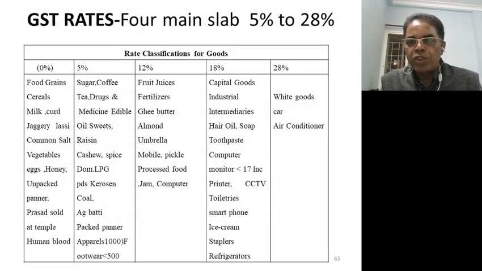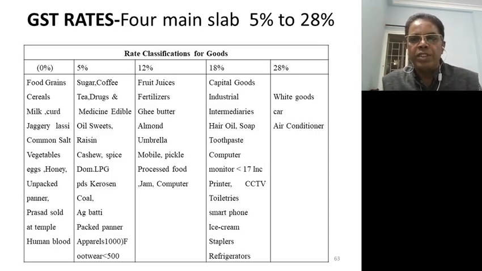Then what goods come under 5%, 12%, 18% and 28%? Items classified as 0% tax are food grains, milk, curd, vegetables, eggs, etc. 5% covers sugar, coffee, drugs, medical items, edible oil, etc. 12% covers fruit juice, fertilizers, mobiles.